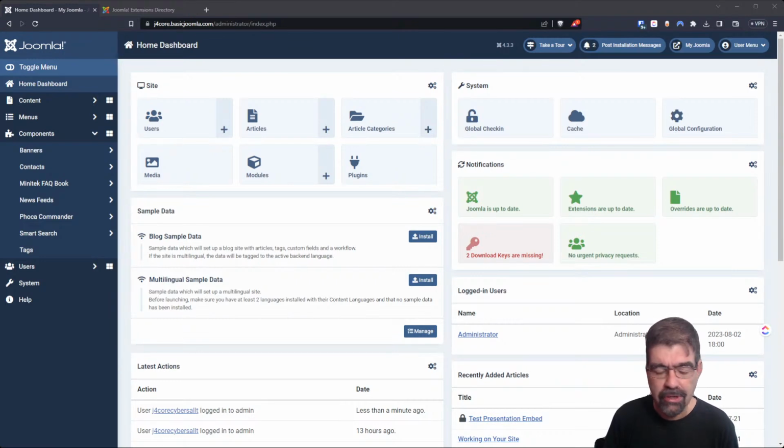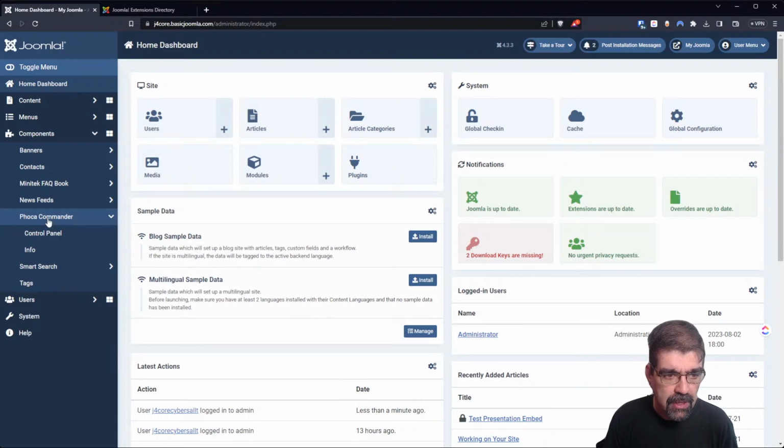I just bought it. So we're going to put that on there, see how that one works. But we'll take a look at what we've got here. All right. So with that said, here we are. The first one that we will look at is Phoca Commander. Now, I already have that installed, and we've looked at this before, but it is a very basic file